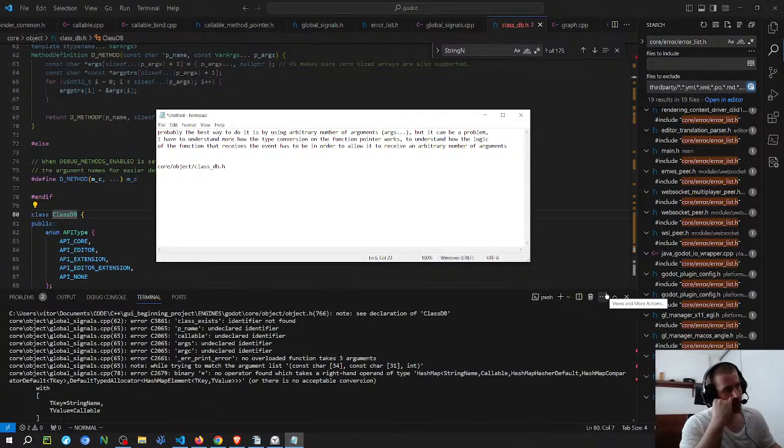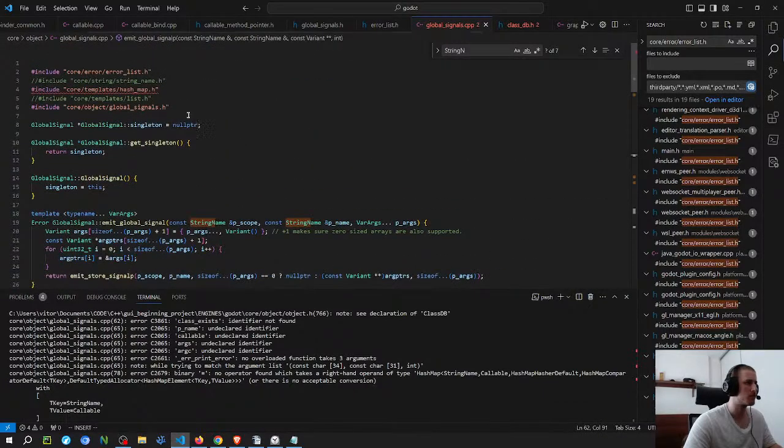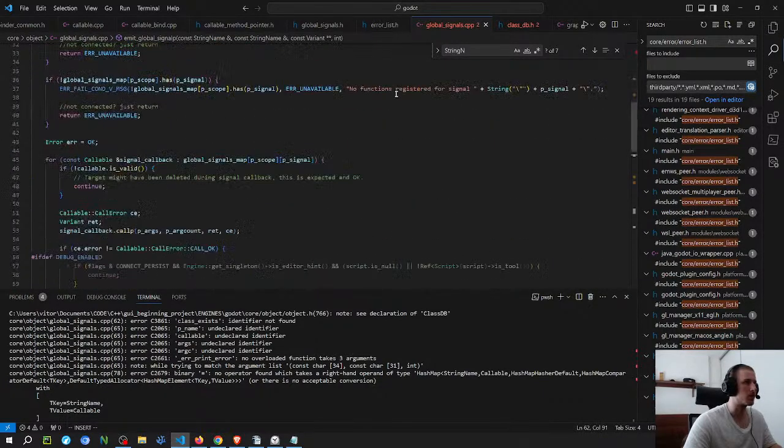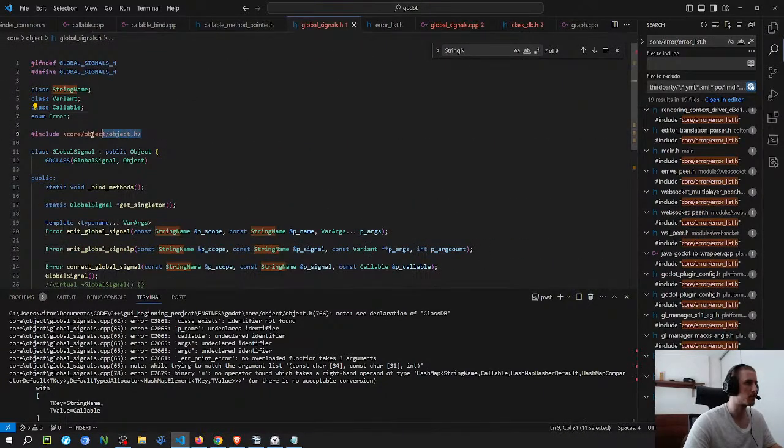Like the object uses the thing, so you should inherit. But maybe I have to. But I am including the global signals, and then this one is including the object.